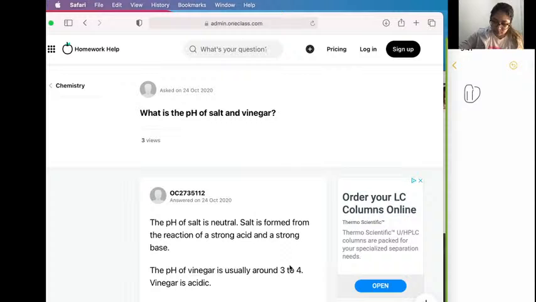Let's write this down: salt comes from a neutralization reaction. I'm just writing reaction as RXN for short. So this is a neutralization reaction which happens